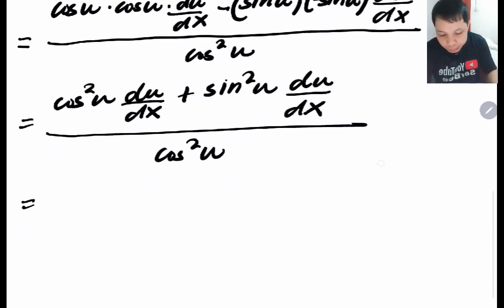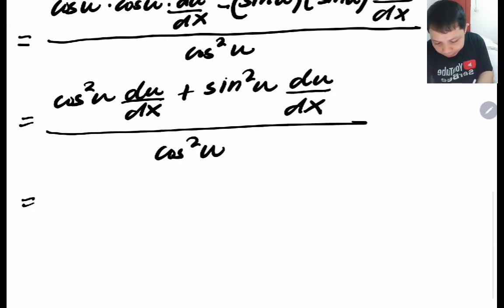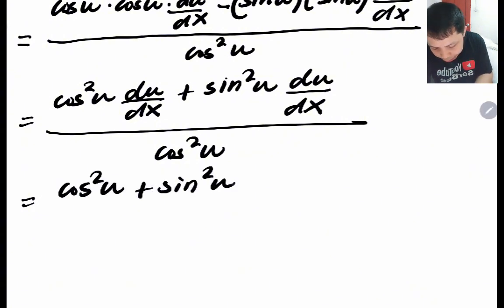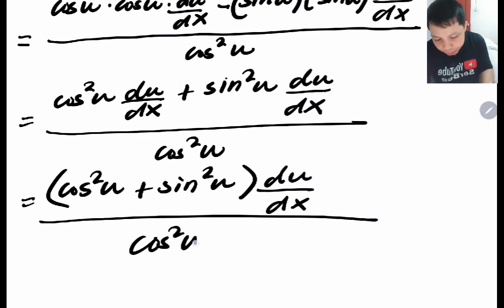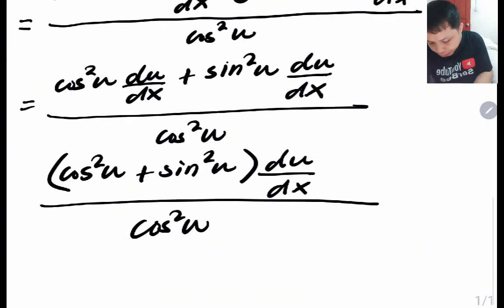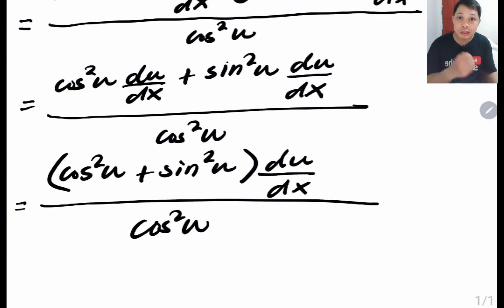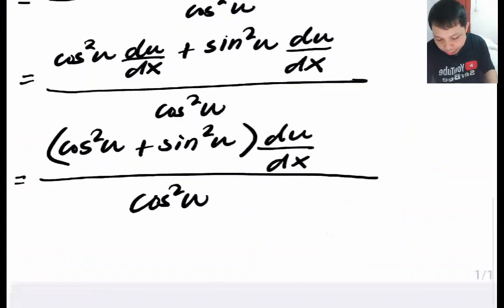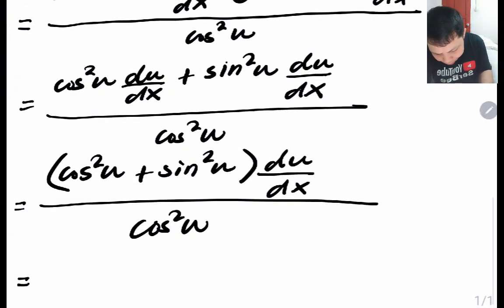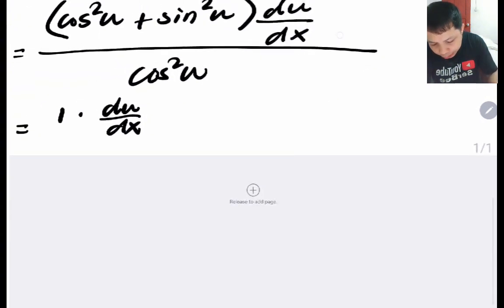Now, we have to factor out du dx, di ba? So, we have cosine square of u plus sine square of u, right? Then, du dx. Then, all over cosine square of u. So, we know that this expression inside the parenthesis is what? That is the Pythagorean identity, di ba? And that is equivalent or equal to 1. Pythagorean identity. So we have 1 times du dx all over